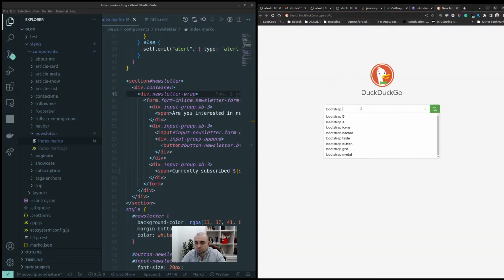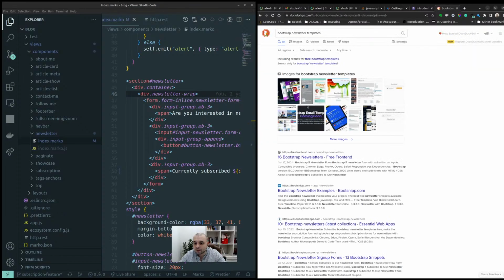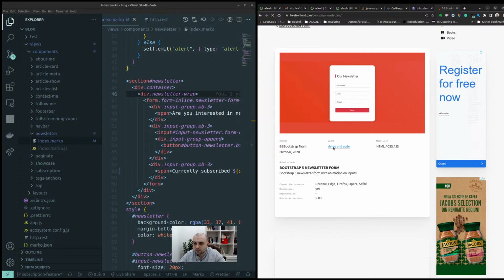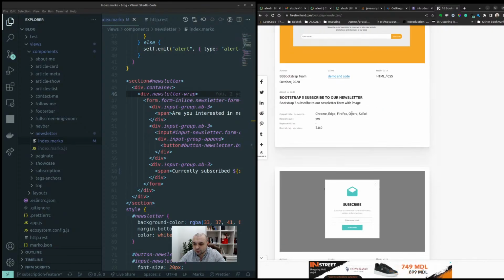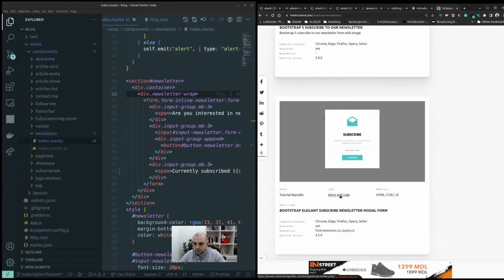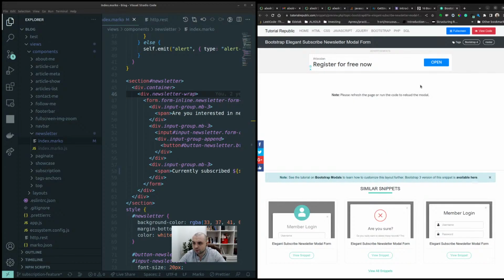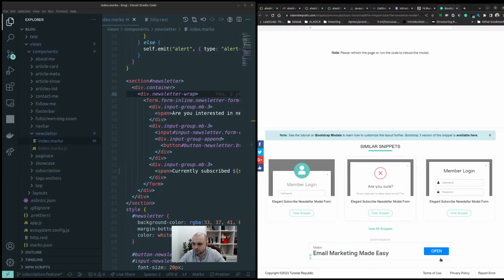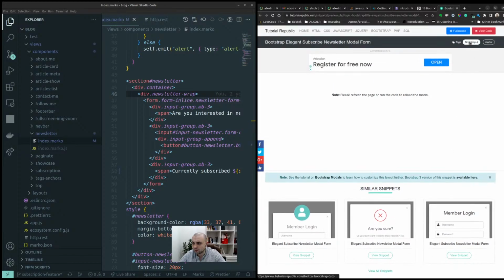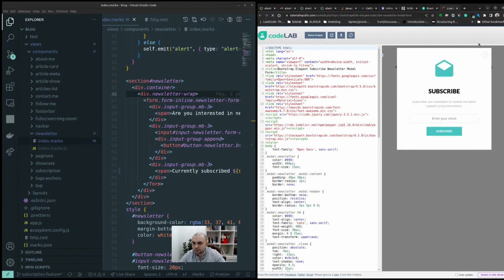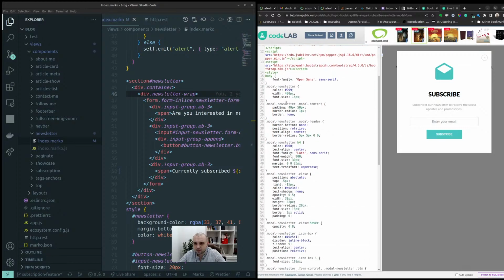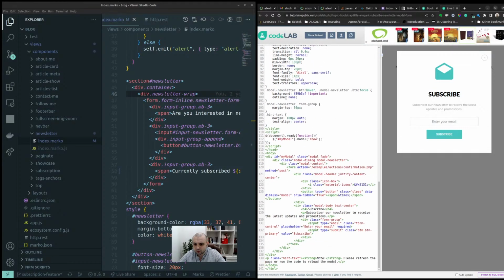So Bootstrap newsletter templates. Yeah, that's too smart. Oh, this one looked good. Demo and code. Subscribe. So where's the code? View code. So a lot of modal newsletter, close, modal dialog,